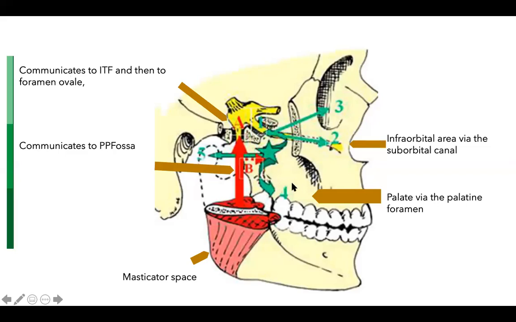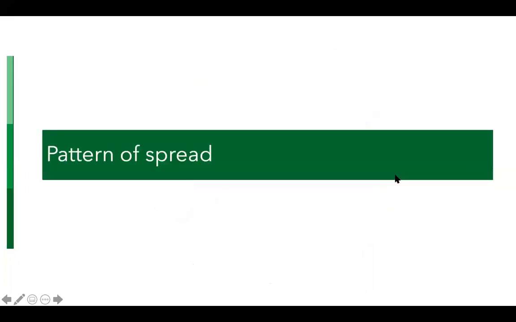Through the palatine foramen, they can involve, when there are lesions involving the hard palate. This is how through the palatine foramen they travel to the maxillary nerve. And of course, the most important thing also, for the track of the maxillary nerve, we have to know about the pterygopalatine fossa. So this is the kind of anatomical importance that the masticator space and the infratemporal fossa have.